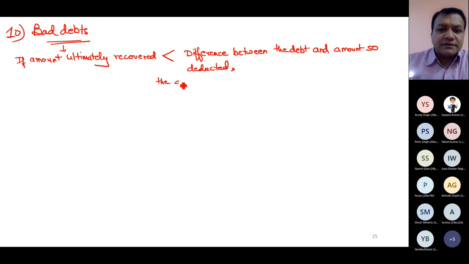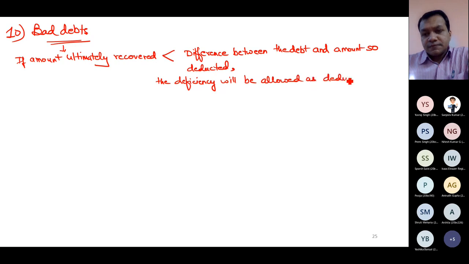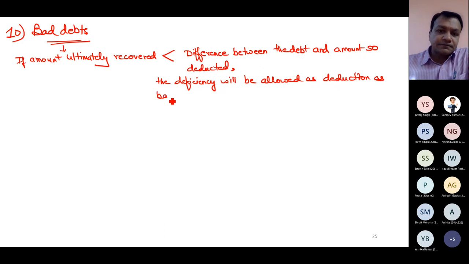The deficiency. So I need to take the help of a numerical. Deficiency will be allowed as deduction as bad debt